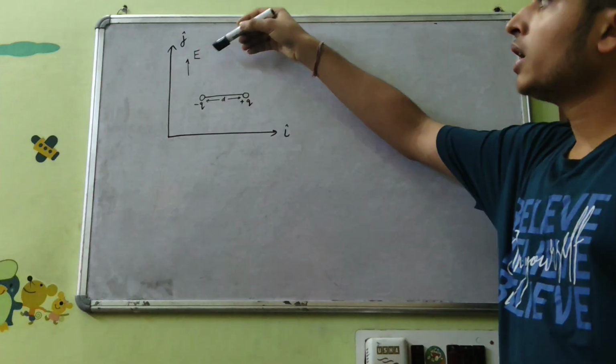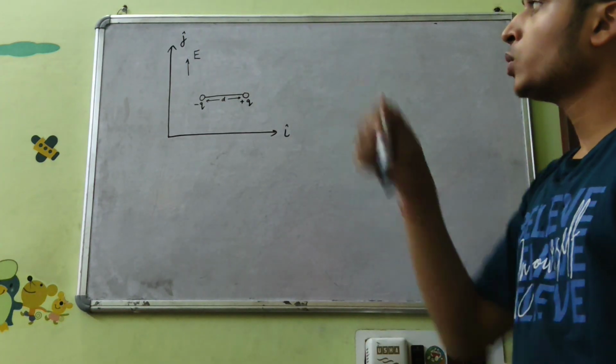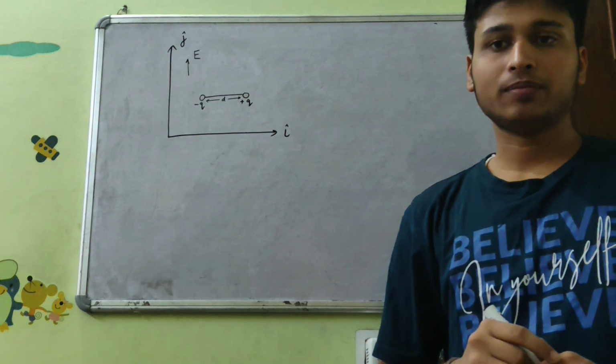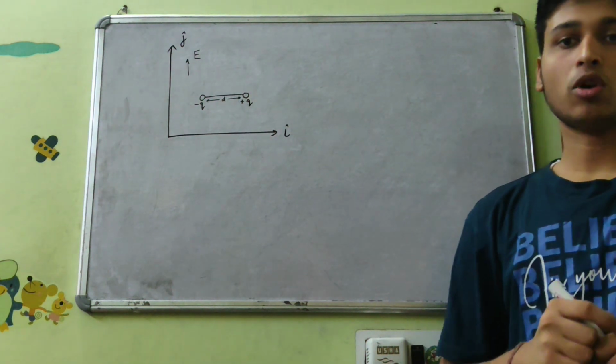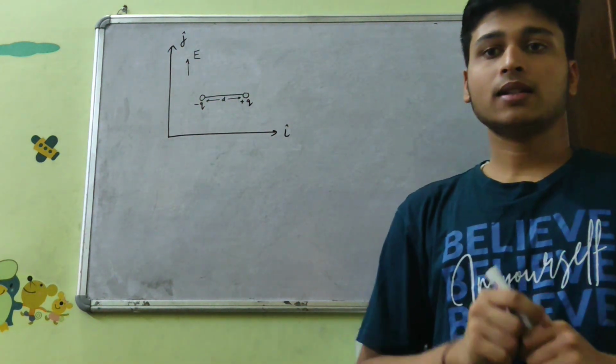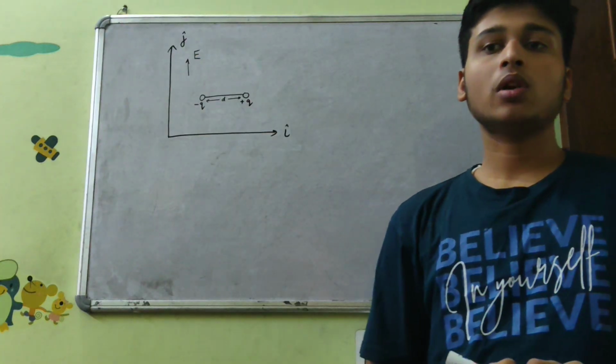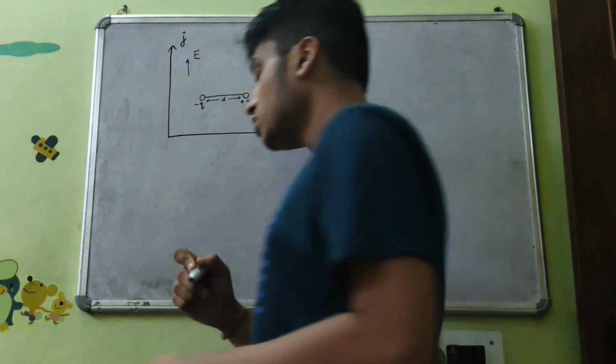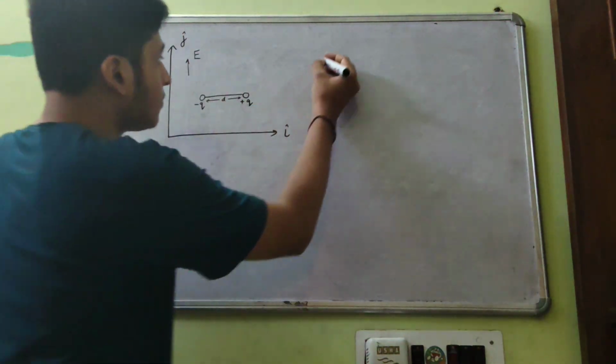At t equal to 0, electric field E j cap is switched on and then it is switched off at time t equal to tf. Then we have to check four options. Option A is the center of mass of the dipole is deflected towards j cap in the presence of the field. So the electric field